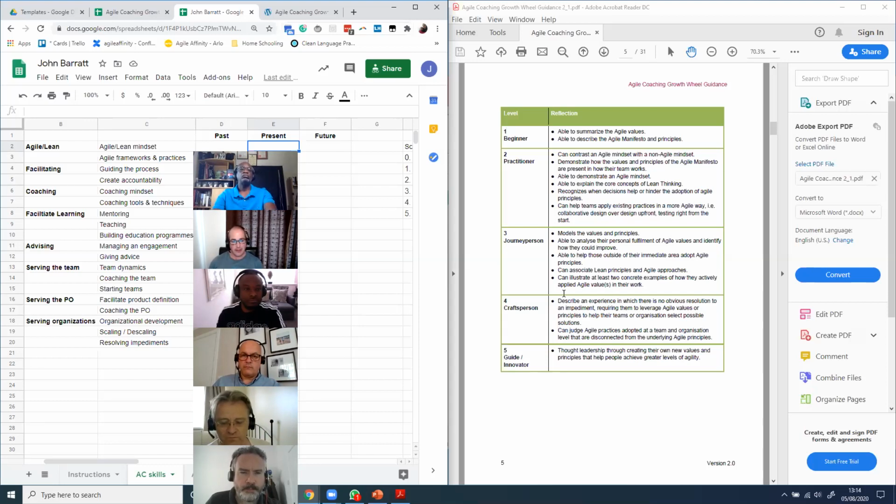Because this is a self-assessment model, one of the things that you can't do very well with this model is compare yourself to others. So we don't encourage you to use this for performance appraisals, for example, to compare to other coaches in your organization. You can use it for outcomes and growth and areas you want to focus on going forward, perhaps into the next year. Yeah, and that's one of the originators. That was the original essence of it, not to be using it to compare people's results against each other. So have a read through in the group.